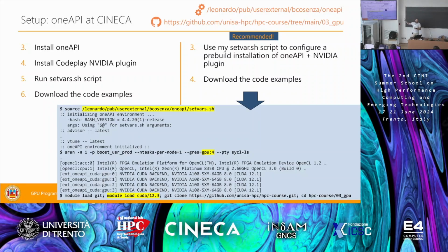If you're working on Cineca, I just prepared a single script, which is this one. You just need to type source Leonardo pub. This is a public installation of oneAPI. This is the work path. Just copy and paste it in your shell, and you will have the system working on your account. Okay, this is just an installation of oneAPI already configured with NVIDIA, where you can see the